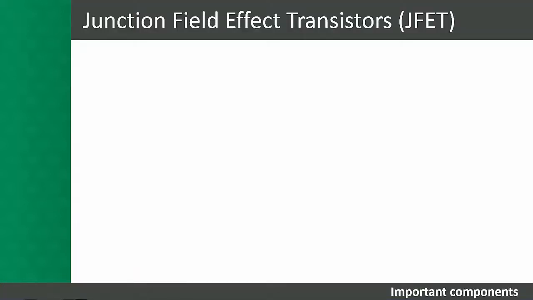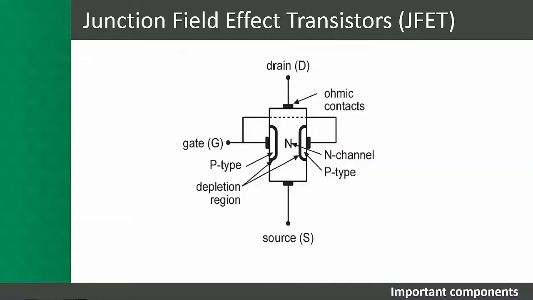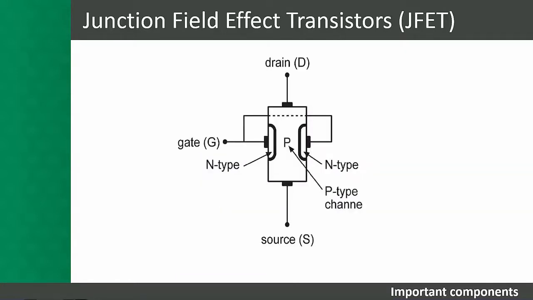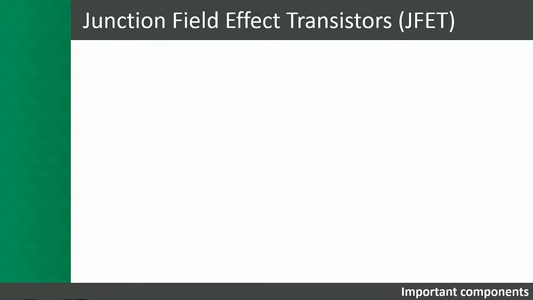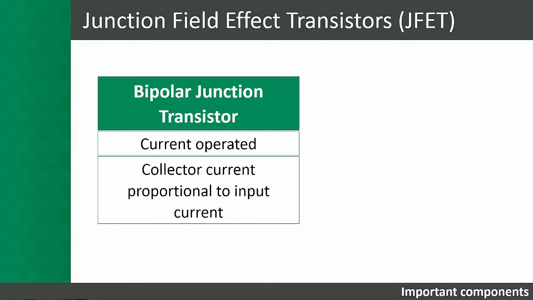The first new component that students will learn about in Level 3 is the junction field effect transistor, or JFET. A JFET is a three-terminal unipolar semiconductor device. It is available in N-channel and P-channel configurations. You will remember that in a bipolar junction transistor, the output collector current of the transistor is proportional to input current flowing into the base terminal of the device. This makes the bipolar transistor a current-operated device, as a smaller current can be used to switch a larger load